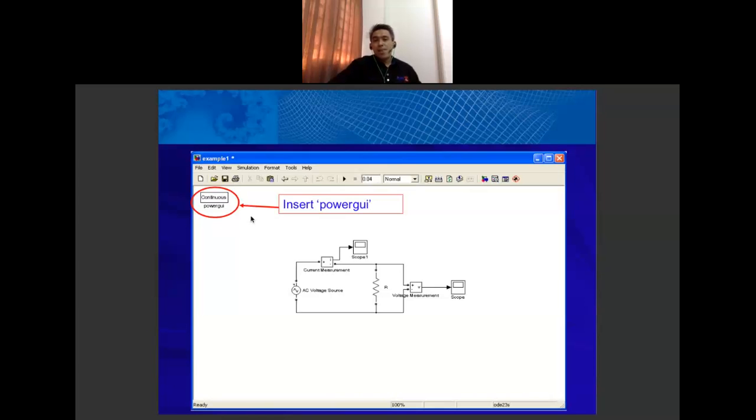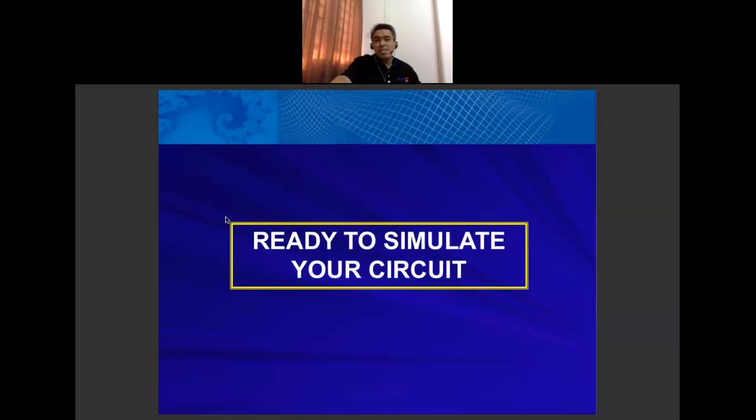Click and drag to copy powergui from the Simulink Library Browser to the Simulink window. So now we have powergui in the Simulink window, ready to simulate your circuit.